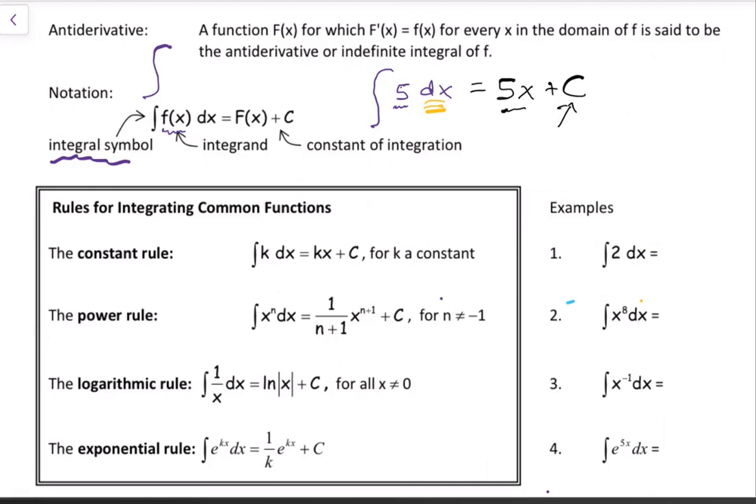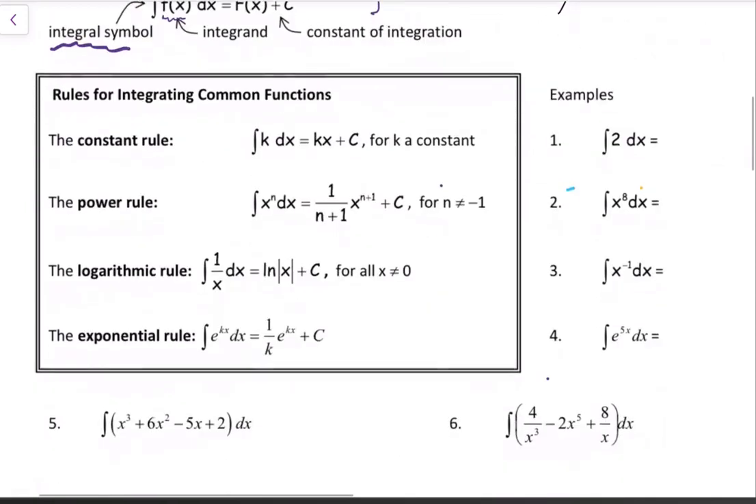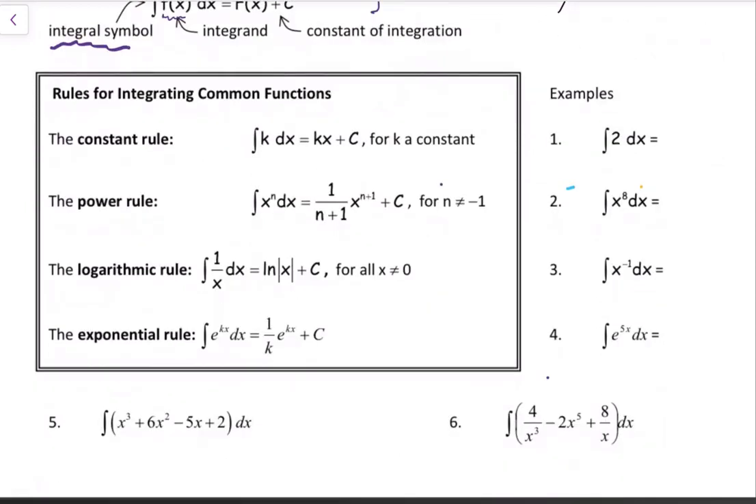So there are 4 rules that we need. Let's go through those rules real quick here, and then we'll do some examples. The first rule is the rule basically that we used in that first example with 5, and that's the constant rule. The constant rule says that anytime I integrate a constant, the way that I come up with my antiderivative is that I am going to put the variable right after the constant and then add my constant